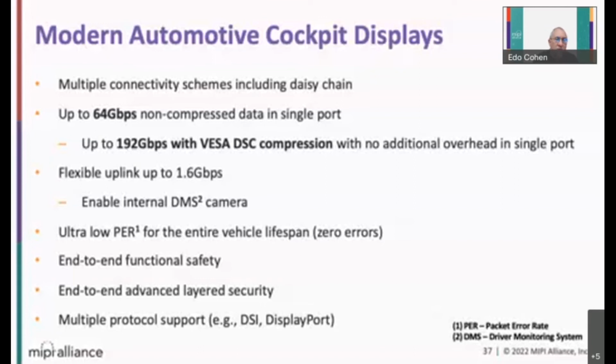And this is due to the ultra low packet error rate of 10 to the minus 19 that is enough to support this kind of compression without any need to add additional protection, as in the lifespan of a car this could be considered an error-free